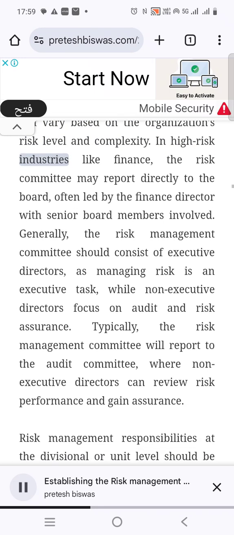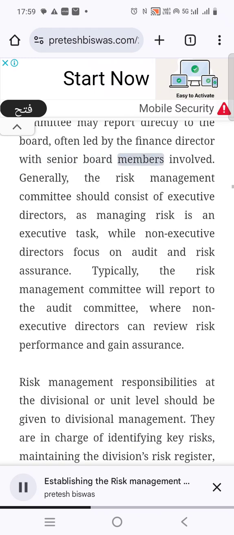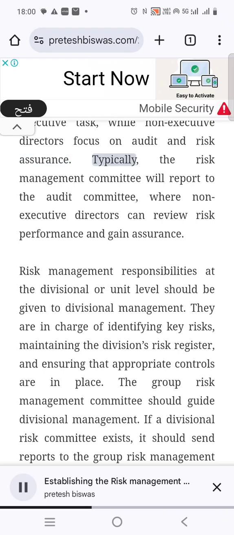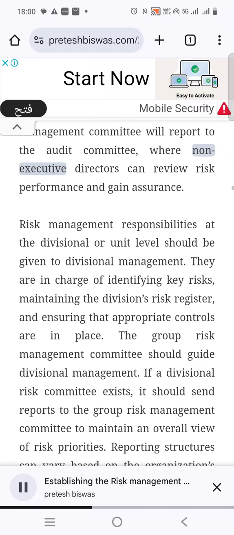In high-risk industries like finance, the Risk Committee may report directly to the board, often led by the finance director with senior board members involved. Generally, the Risk Management Committee should consist of executive directors, as managing risk is an executive task, while non-executive directors focus on audit and risk assurance. Typically, the Risk Management Committee will report to the Audit Committee, where non-executive directors can review risk performance and gain